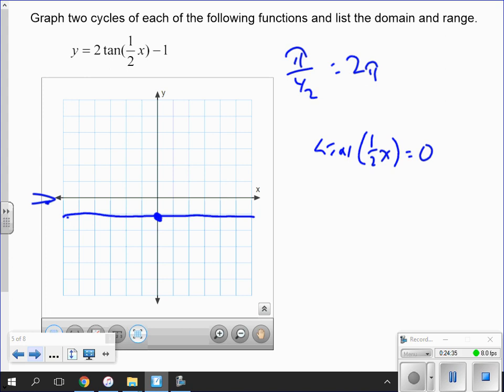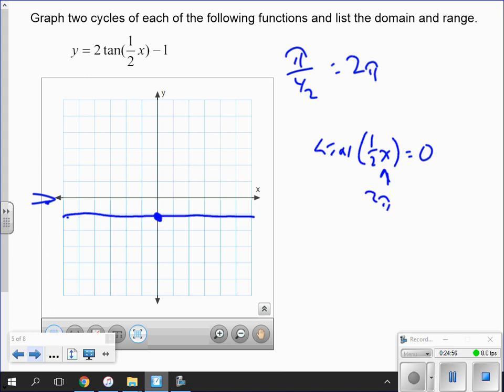Where would it normally be without the 1/2? It would be at pi, right? Because we put 0, 0 again at pi. But if I put pi in there, that's actually at 1/2 pi. So what do I need to do? I need to put in 2 pi. So if I put 2 pi in here,